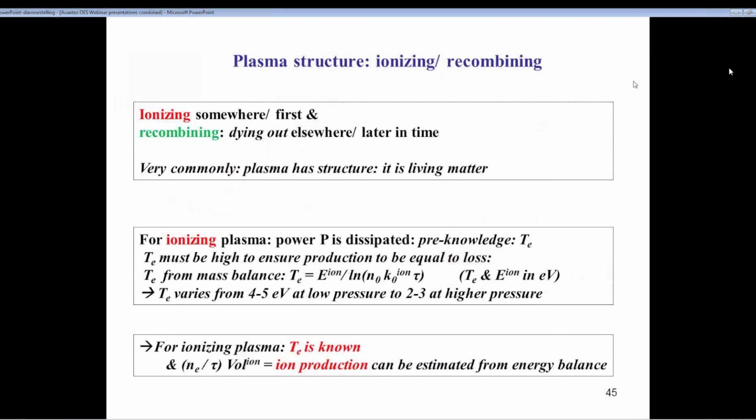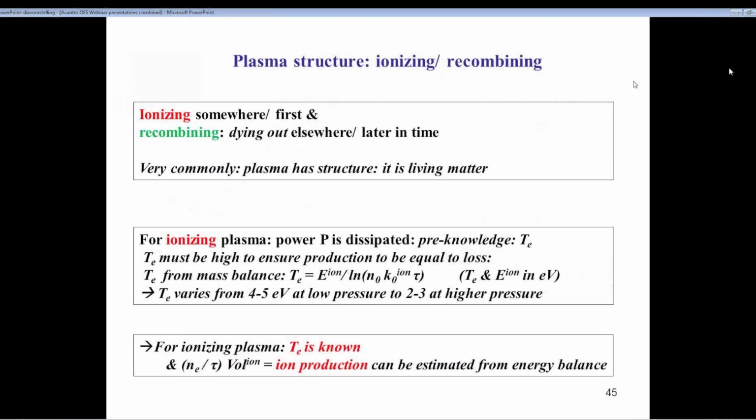As I have said, plasma will be ionized somewhere, otherwise it wouldn't be there. But at other places it will be dying out. And very commonly, as I said, plasma has structure. For ionizing plasma, we can already have some estimate of the electron temperature. And this goes very easily because the electron temperature must be high enough to ensure the production of plasma is equal to the loss. And this gives a relation on the next line,